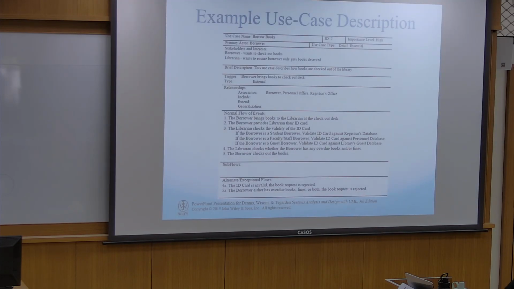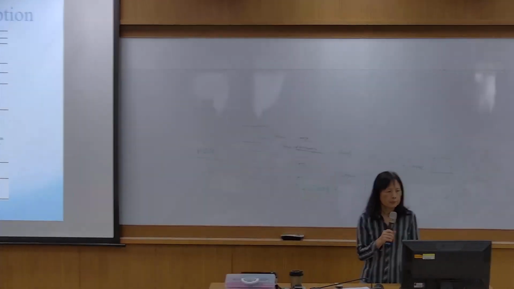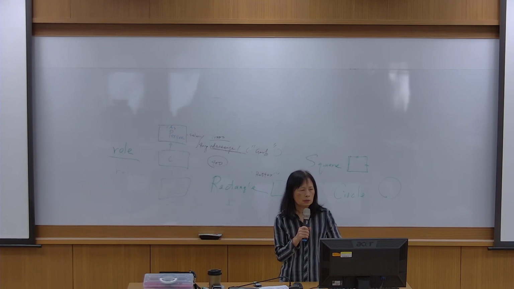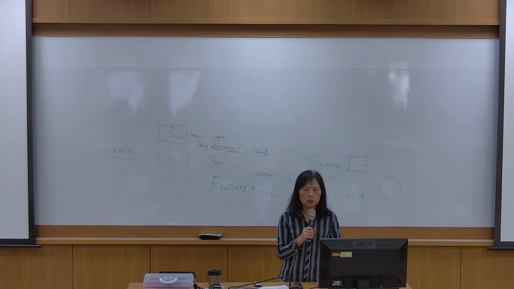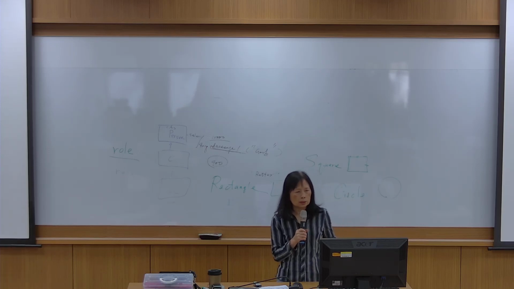A use case. For example, here we have a use case name. If you have 5 functions, then you have 5 function names, right? The use case name is bottle box, right? Give it an ID, right? And how important is it: high or medium or low, right? Importance level. And your primary actor. Here, the use case is bottle box, and the primary actor is the bottler who wants to bottle a box, so it's going to have an actor, right? Bottler. Here, the use case type is detail and essential.